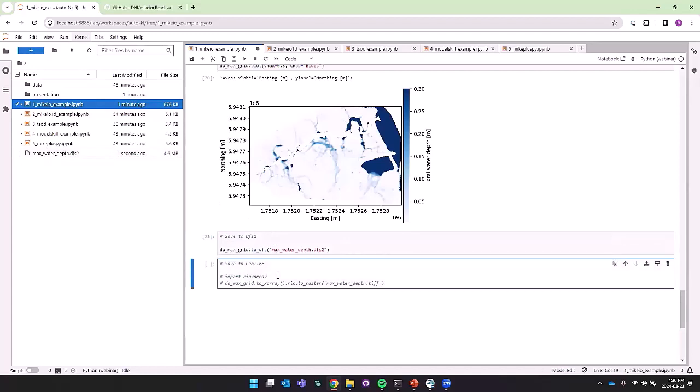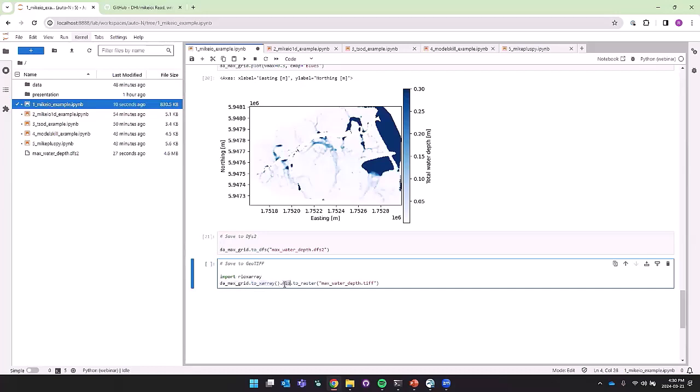And then if we wanted to get into a different format, like GeoTIFF, we could rely on a different library called rioxarray. What we do is we take our grid data array, convert it to an xarray format.